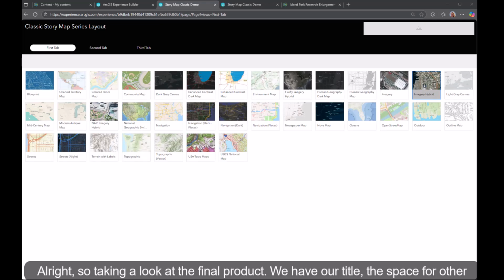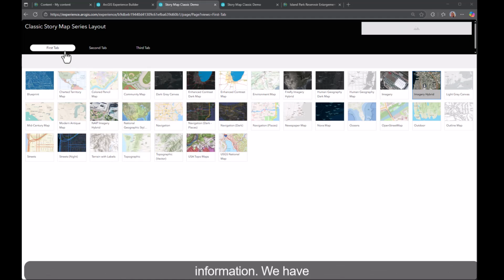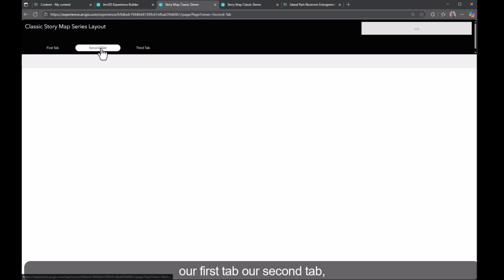All right, so taking a look at the final product, we have our title, a space to put other information. We have our first tab, our second tab,